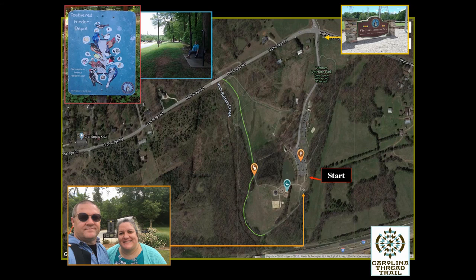All right, let's look at this map here and I'll show you what Sandra and I did on this particular hike. If you'll notice up at the top right-hand corner of the screen, just follow my mouse here, this is the entrance. Now at the entrance, if y'all have seen any of my other videos, you'll see where I point out the boxes that will sometimes be set up in certain areas and parks on certain trails